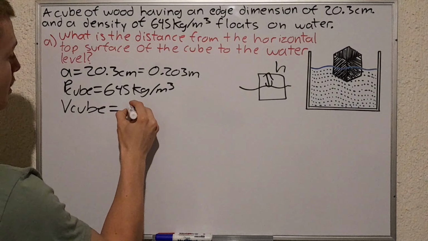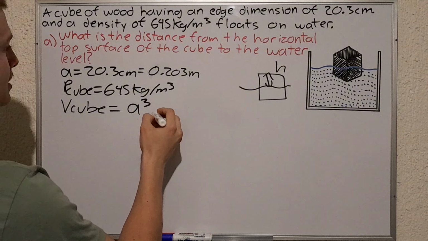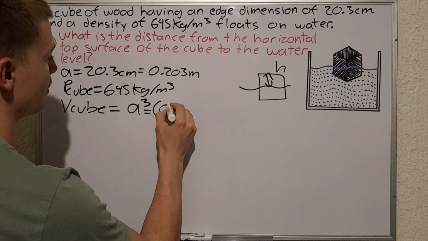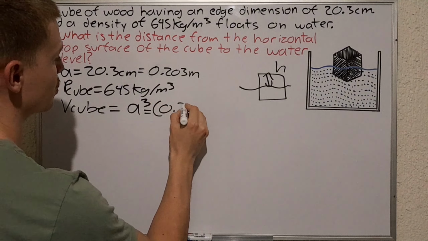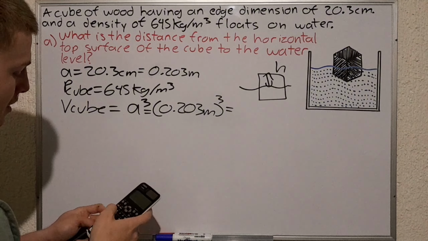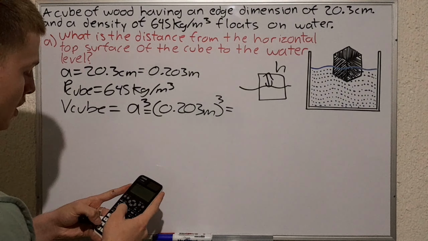A to the third power, just a cube. So this is gonna be in meters. We're gonna work with meters, 0.203 meters cubed, and plug in this operation in the calculator. We just get 0.203 cubed, and so it would be approximately 0.0083